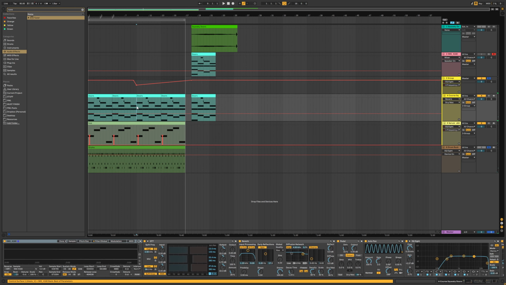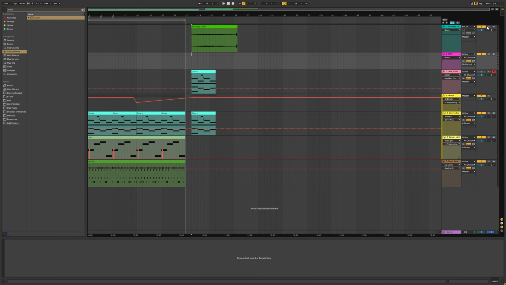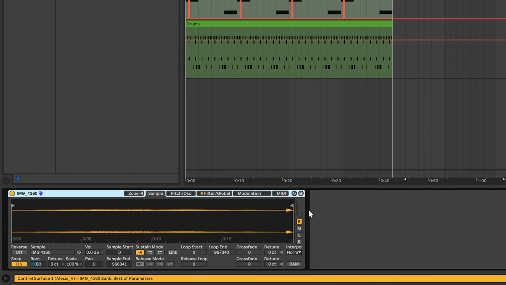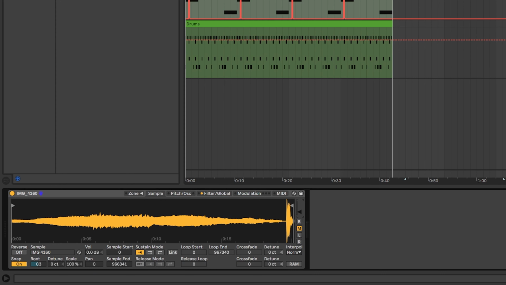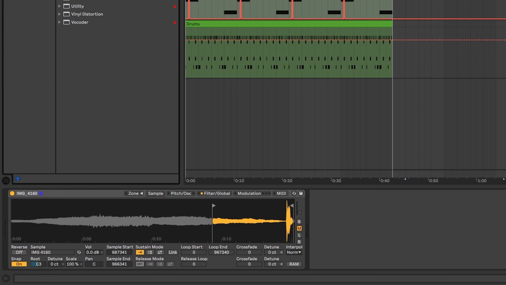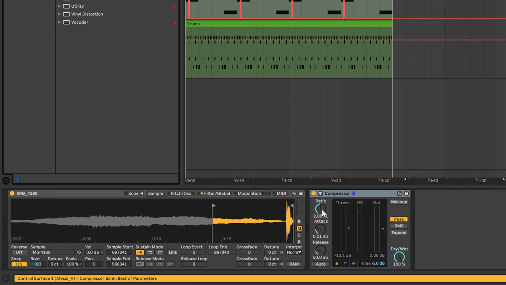Now let's think of how you can use it in your unique way. As you could see previously, we loaded the squeaky doors sample to the MIDI channel, I changed it to sampler and changed it to mono so it's easier to see what's going on. And we browsed through. That sounds like an elephant, but that could be some weird modern pop lead, I guess. So let's try to do it. I would like to add a compressor so it's louder.